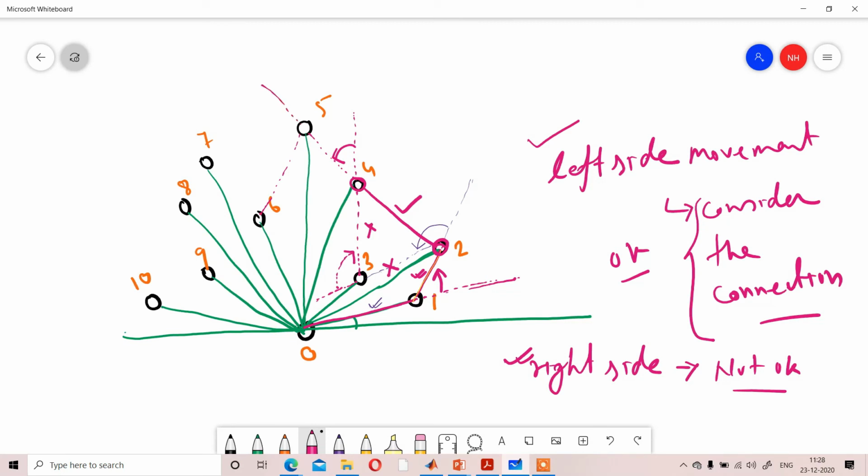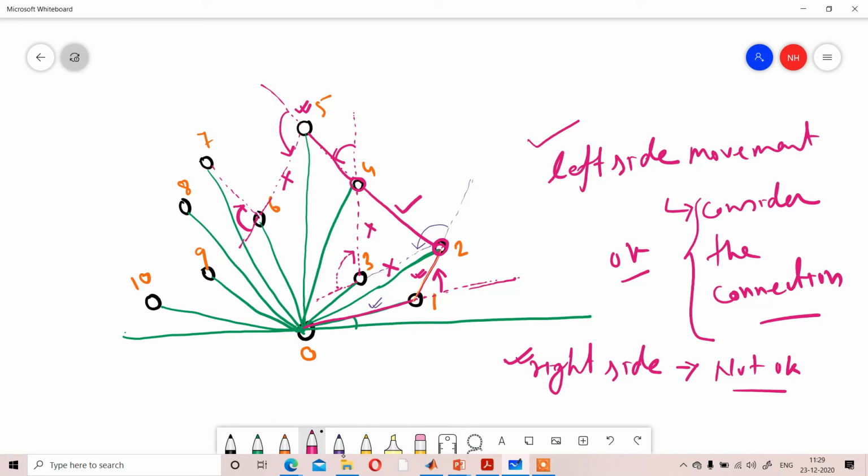Now we'll check the pixels connection between 5 and 6. Movement was straight line like that, it is moving to the left side. So the previous connection between 4 to 5 is also okay as it is moving to the left side. So 4 to 5 is also okay. Now we will move from 6 to 7. That was the straight line and the movement was to the right side. So 5 to 6 is not okay. So you are in that position, keep in mind. 5 to 6 connection is not okay. That means you are in the position at point 5.